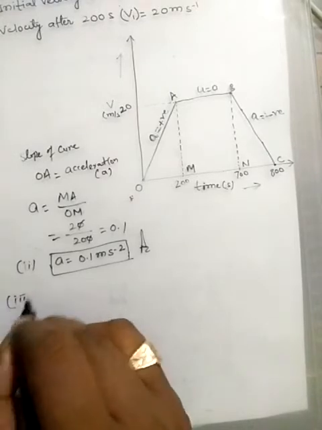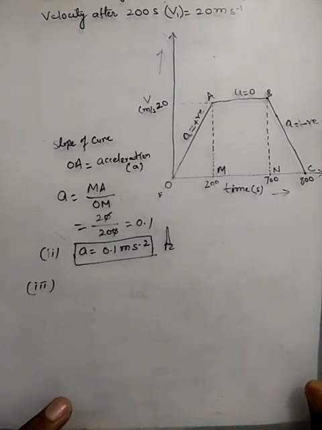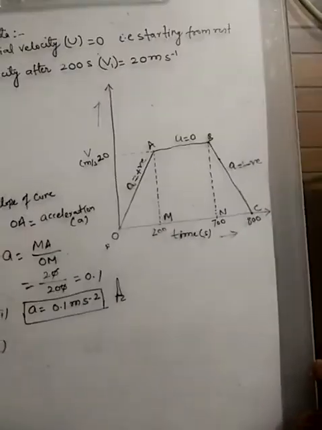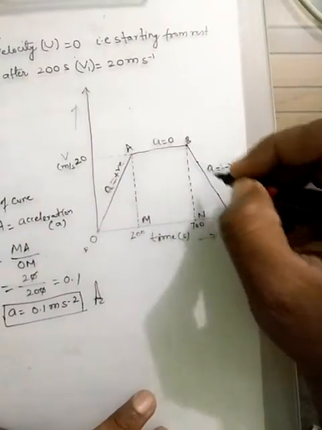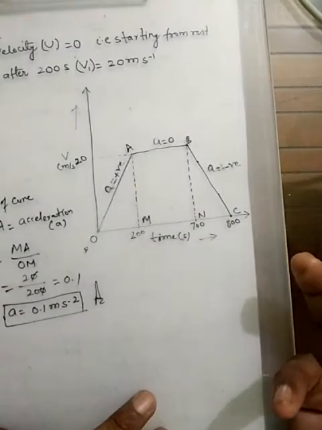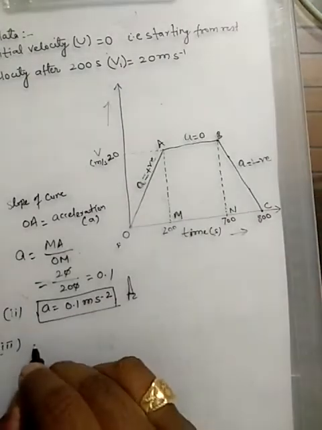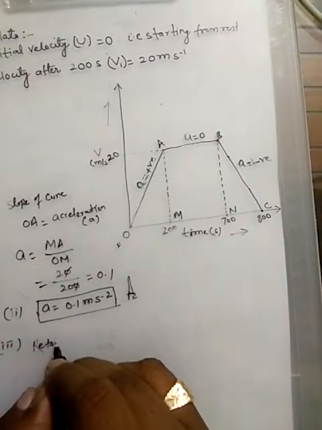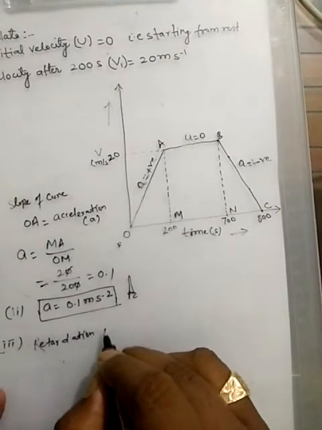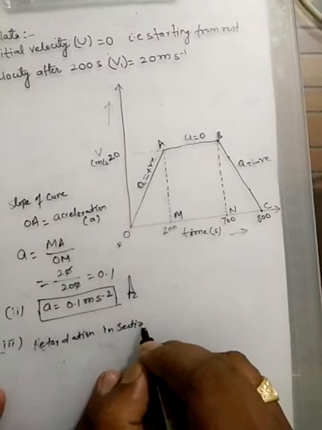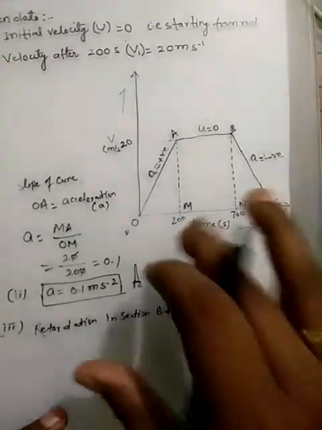In the third part of the question, find the uniform rate of retardation. From the diagram, retardation takes place from B to C, and again it is the slope of the curve. Then retardation in section B to C, for this diagram,